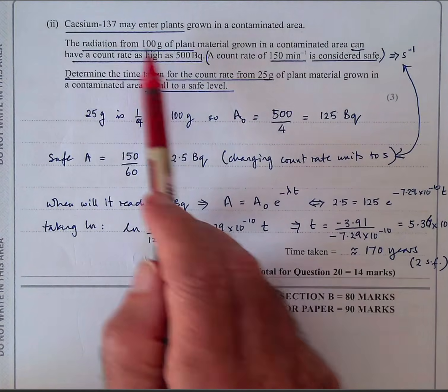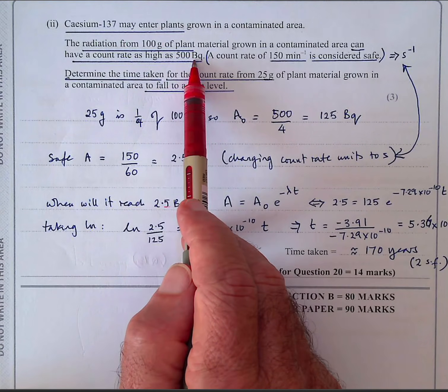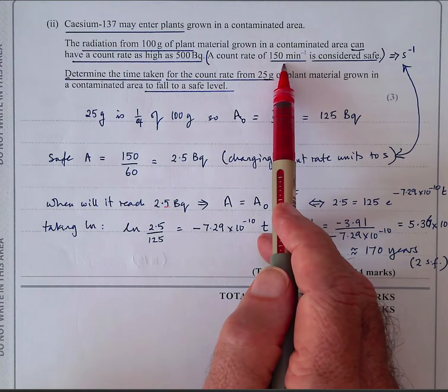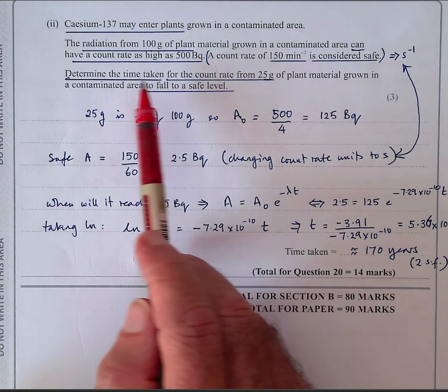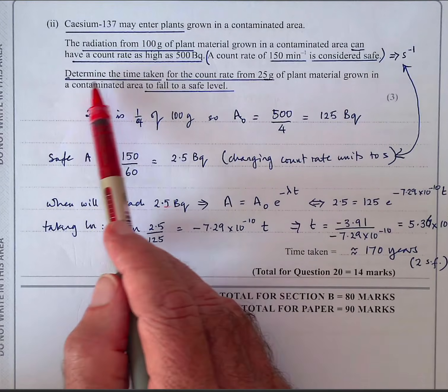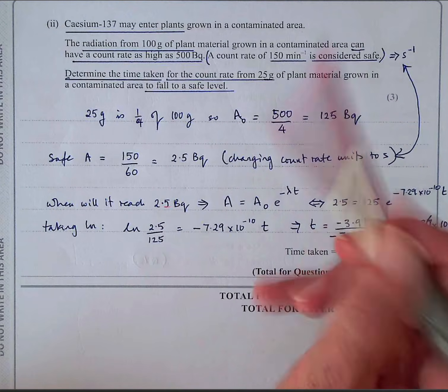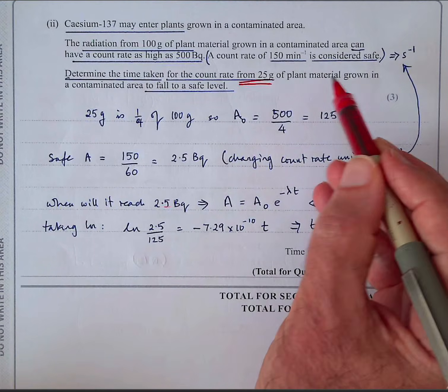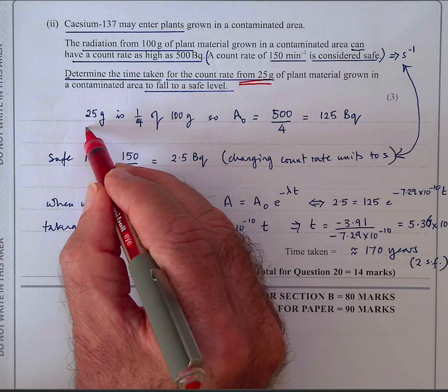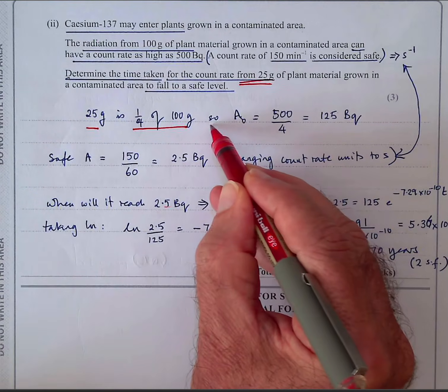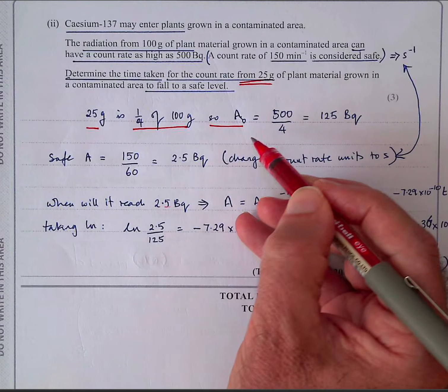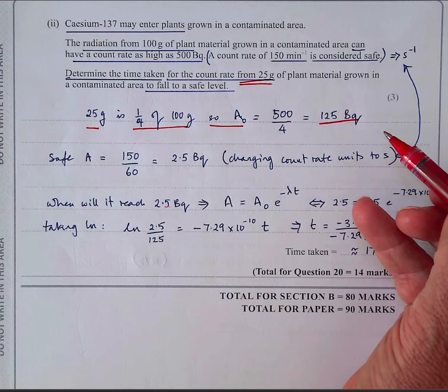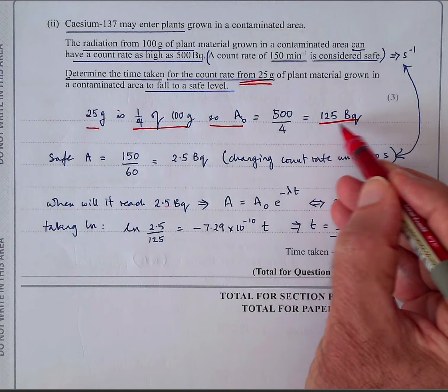Okay, so we've got 100 grams of plant material. Initially, when you cut your plant down, it will have potentially 500 becquerels, which is greater than the safe rate. So if you've got 100 grams of plant material, you're exceeding the safety limit. Determine the time taken for the count rate from 25 grams rather than 100 grams, that's a quarter of the material grown, to get to the safe level. So 25 grams is a quarter of 100. So the activity initially, activity A0, will be 125 becquerels. Okay? So how long will it take for it to reach